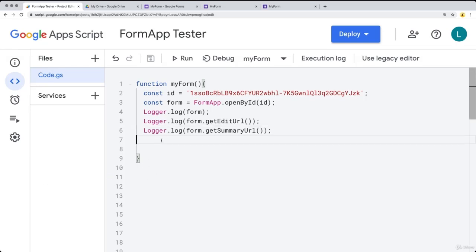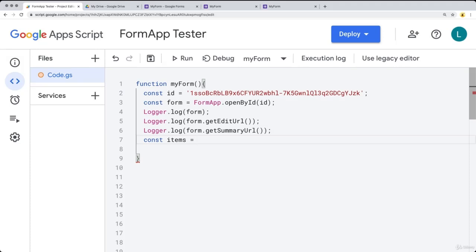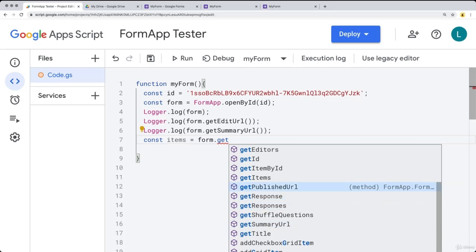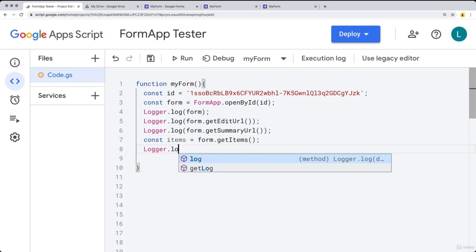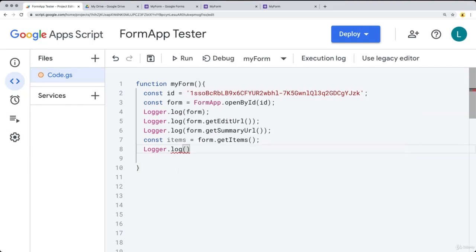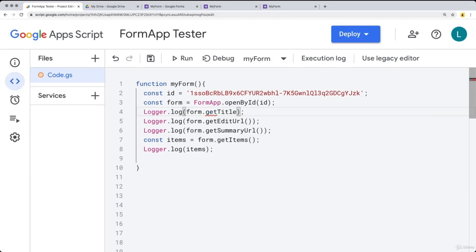And so we also did want to, for this form, we want to be able to get all of the items and update some of the items. So let's select the items and use the form object and get items. So what the get items is going to do is going to provide us a list of the items. So for the form, and actually we just want to list out the items right now within the log. And I'll also update this to get something else. So if we want to get title,